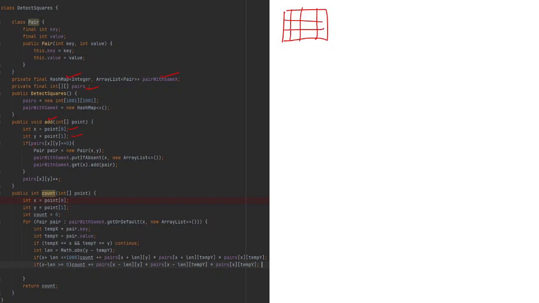If it is not present in the grid, then we will add it in the map, because we don't want to add duplicates in the map. To handle the duplicates, we will add the counter in the pairs itself. When we are adding the pairs in the map, we check whether that particular point is already present or not. If it is not present, we will add that pair here in the map, and if it is already present, we won't add it, we will just increase the counter of the point.